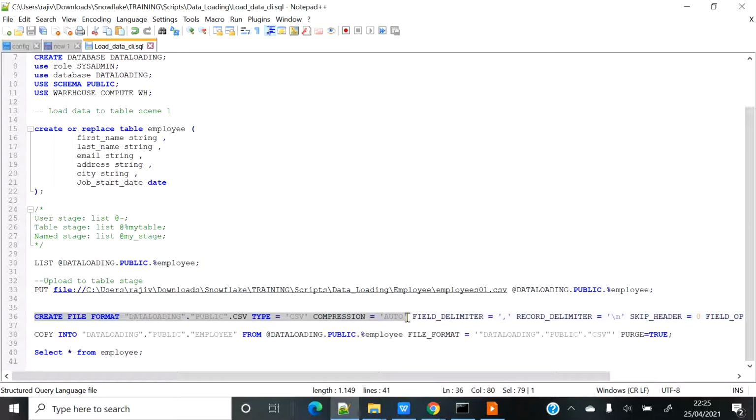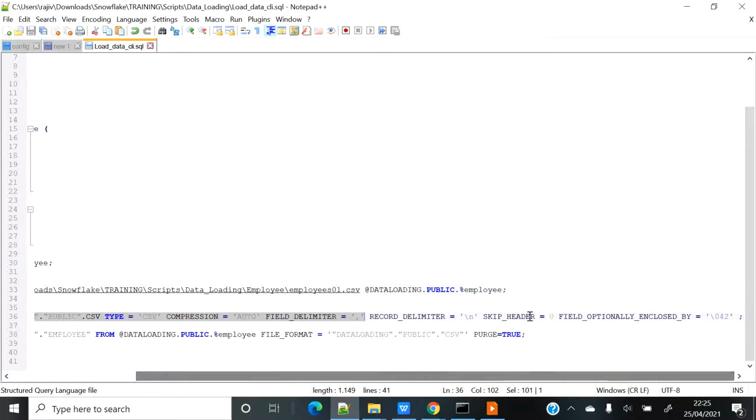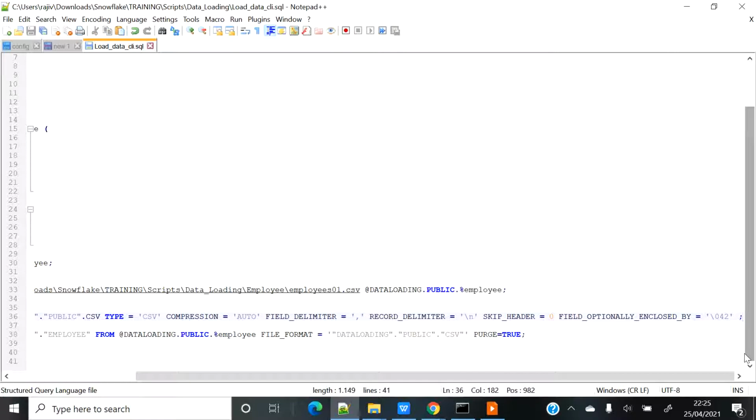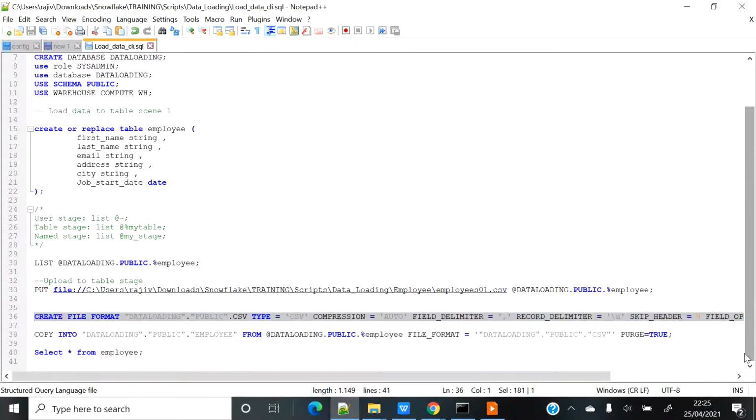And the field delimiter, the record delimiter, do you want to skip the headers, do you have any special column which is optionally enclosed by double quote, single quote, or none. So I have kept double quote because some of the data have double quotes. There are other details as well, but I have kept them as default. If you want, you can go ahead and see the file format details. I have provided the link in my blog.